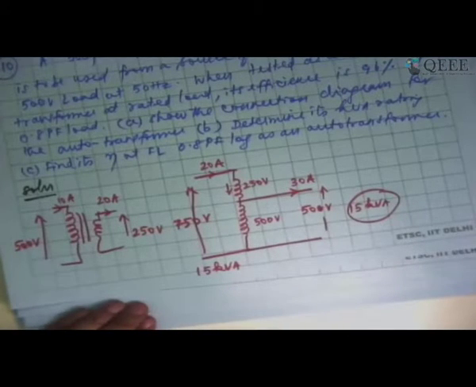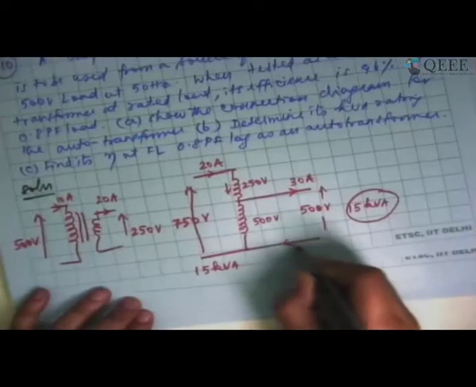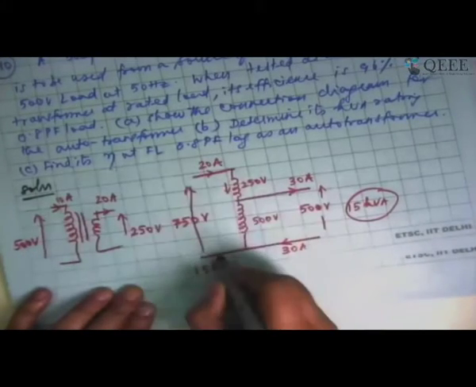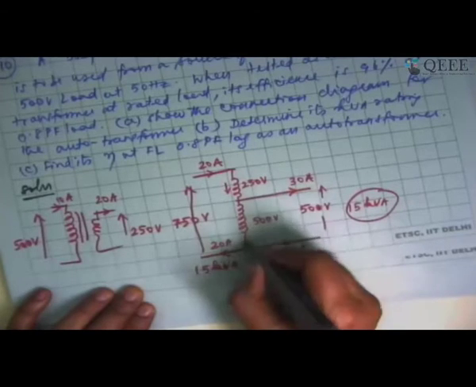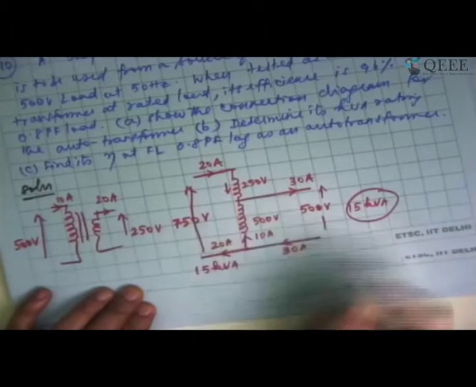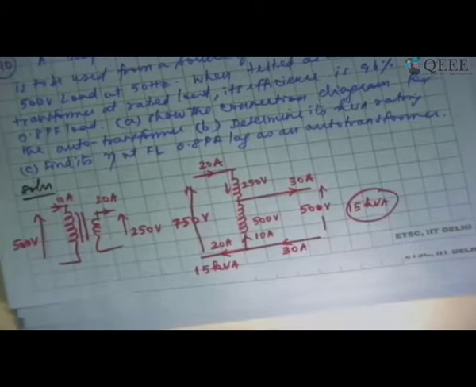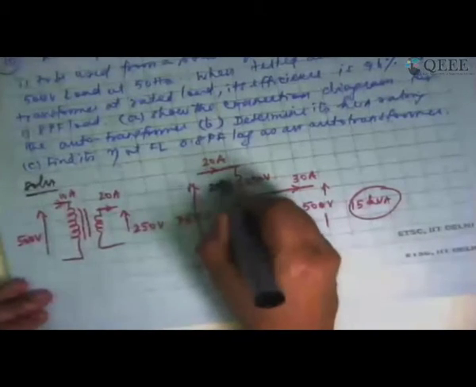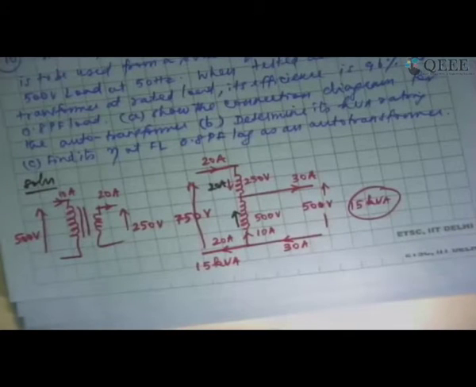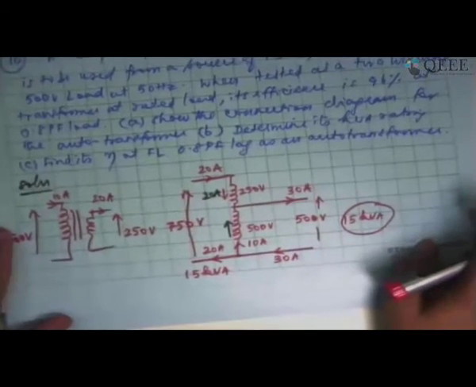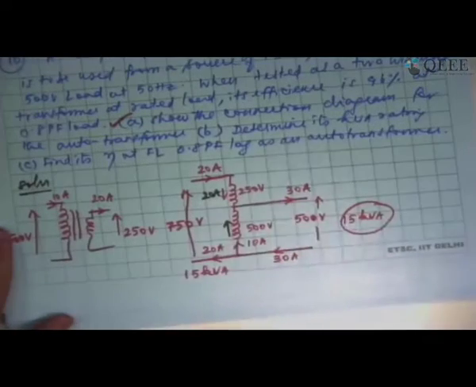I hope you get this point. This is 30 ampere, so this should also be 30 ampere. This is 20 ampere, so this should also be 20 ampere. So 10 ampere should be flowing like this. I have indicated the arrows clearly. 10 ampere is flowing in this direction, whereas 20 ampere is flowing in the downward direction. Now that these are put together, let us try to calculate. So I think the connection diagram is done. Now determine the kVA rating, that is also done.